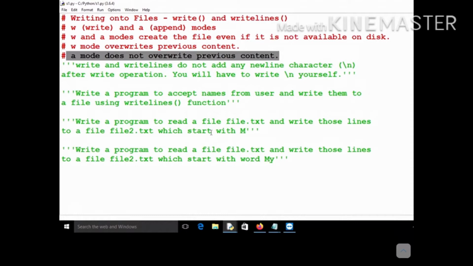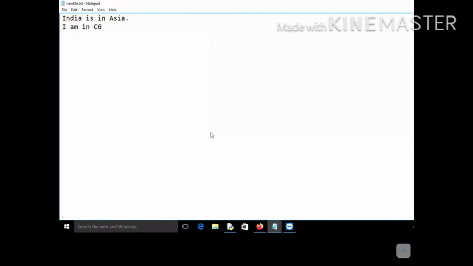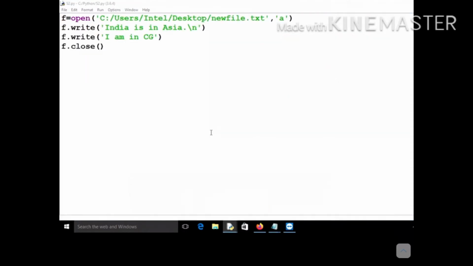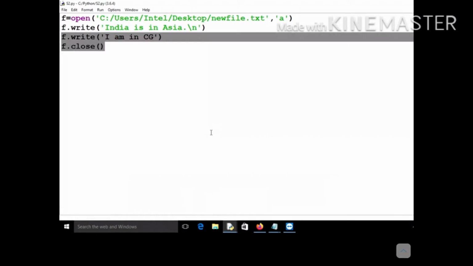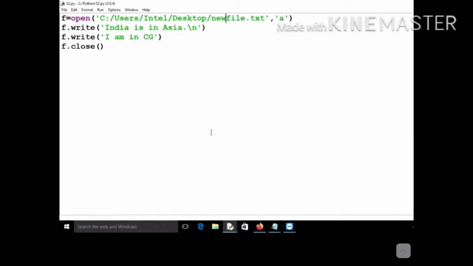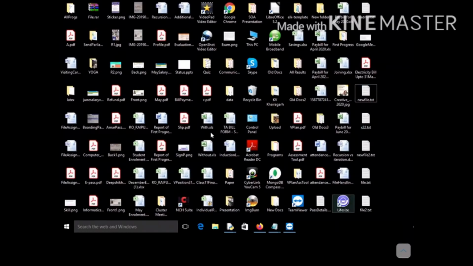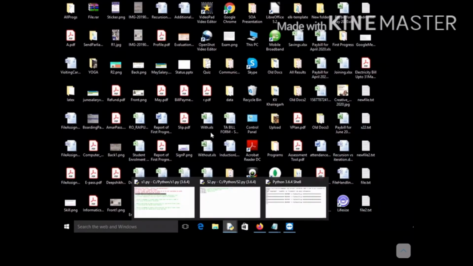Now one more thing, what happens if you open a file in write mode and it is not available? Suppose, let me write this file, file4.txt, and you can see on your screen that this file is not available. File and file2 are there, but file4 is not available.